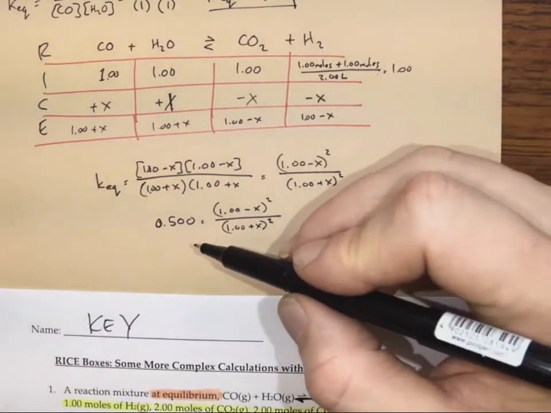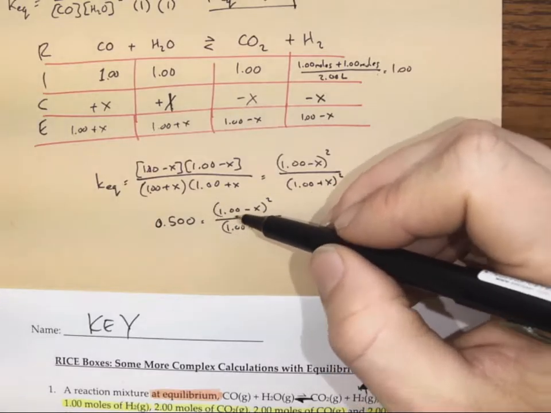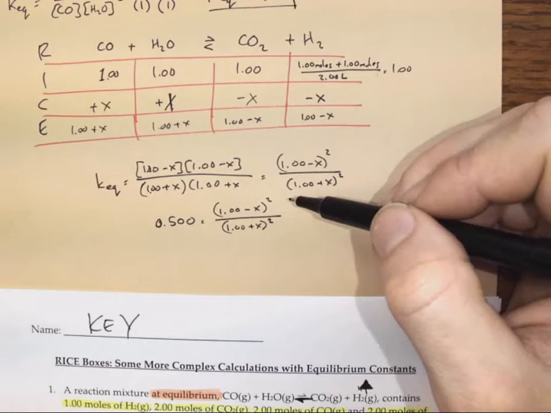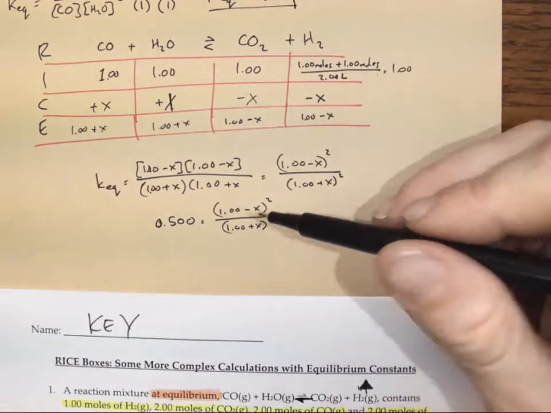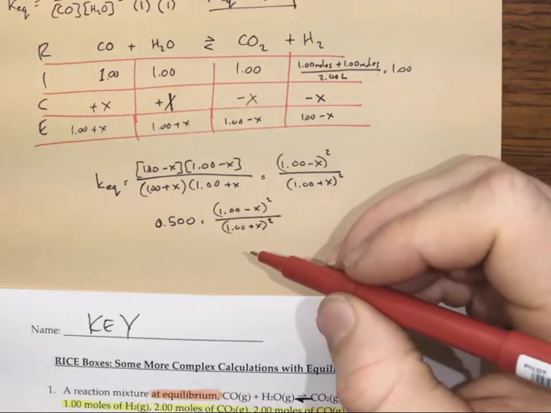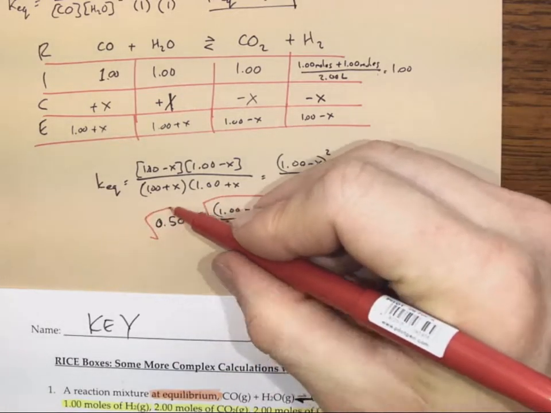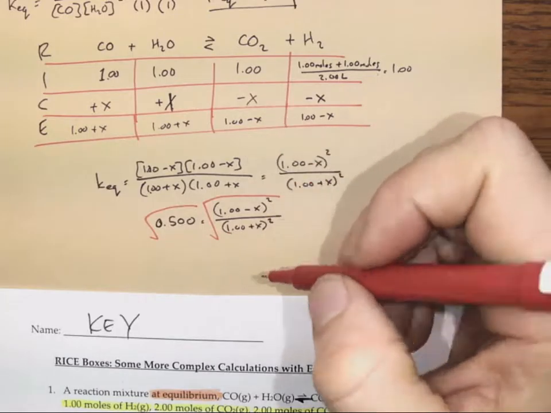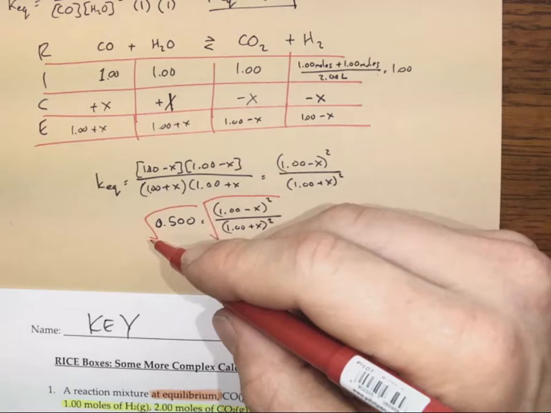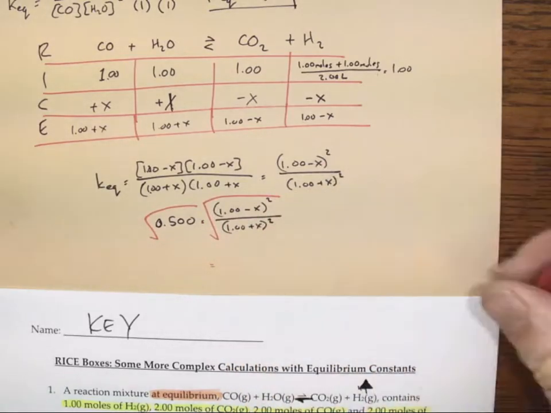Now, in order to undo these squaring, if we expand these binomials by rewriting as 1 minus x times 1 minus x and then foiling it out, we're going to get a big mess, and we're going to have to solve a quadratic equation. So in order to prevent that occurring, we're just going to square root both sides like this. All right, and so square root of a half is 1 over root 2. Okay, whatever. All right, so that gives us